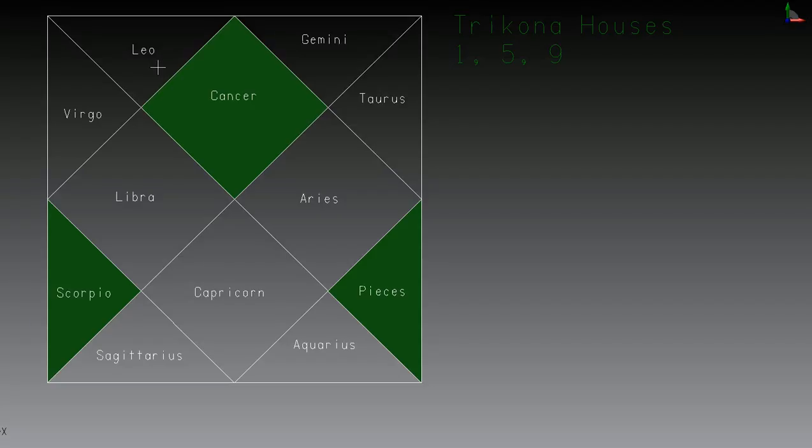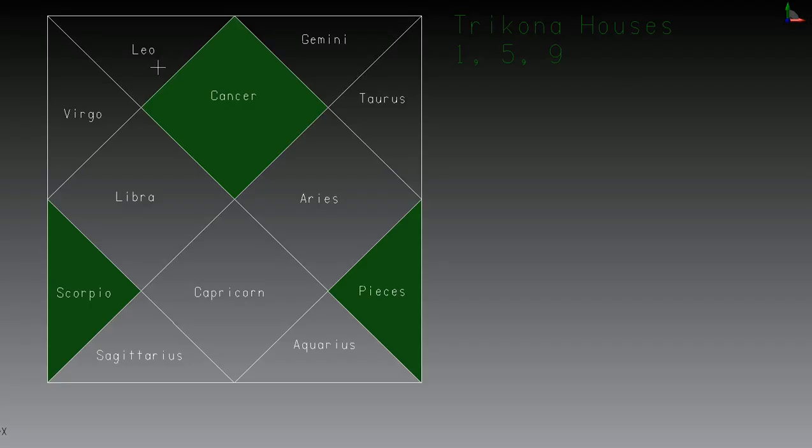So the Trikona houses are the auspicious houses. These houses include the information about knowledge, creativity, one's self, body. Then it also signifies well-being, dharma, or the moksha, or the religious or spiritual things associated with it. We will go further into these houses in detail one by one, but this is a generic overview, and these are the good houses which I have marked as green. So Trikona houses are the good houses.